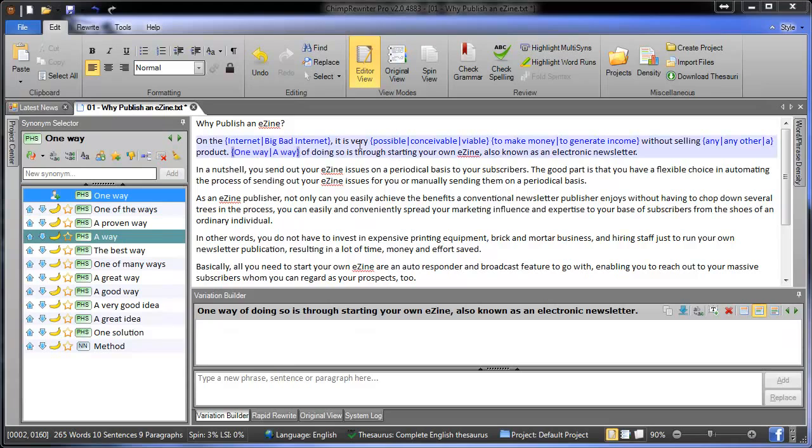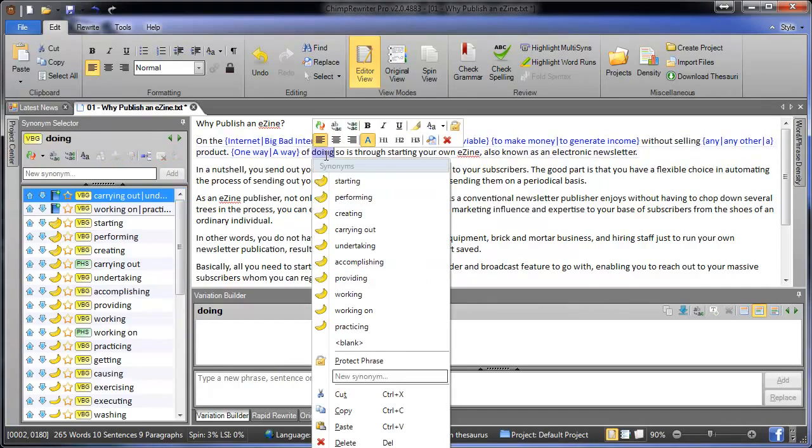The next spinning method is the right click. This is very similar to the synonym selector, but all we do is right click on a word and we get a list of synonyms. It'll also show the weighting. It won't have part of speech, but it still gives you them in the order that you would see over in the synonym selector. There's a few other options here like you'd normally see on a right click, cut, copy,